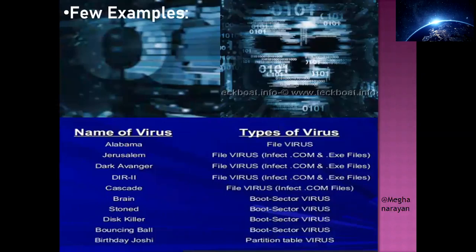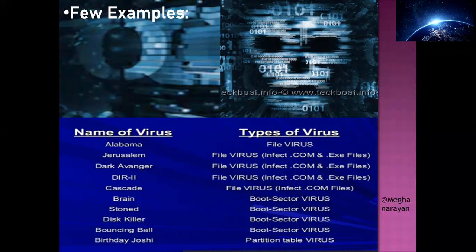So here are a few examples you can see regarding viruses. These are available to you in two columns: name of virus and type of virus. That means you can again get the idea that viruses have various types. Don't worry, we will go further and learn about different types of viruses. But right now, just focus on the various names written on this slide.